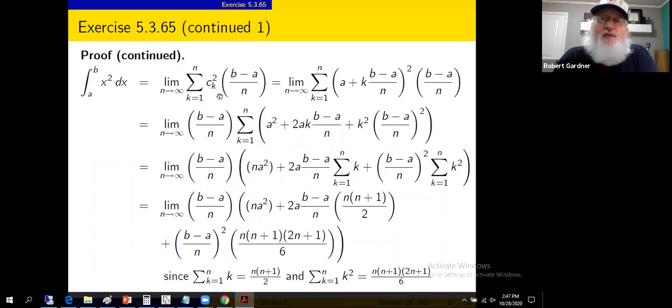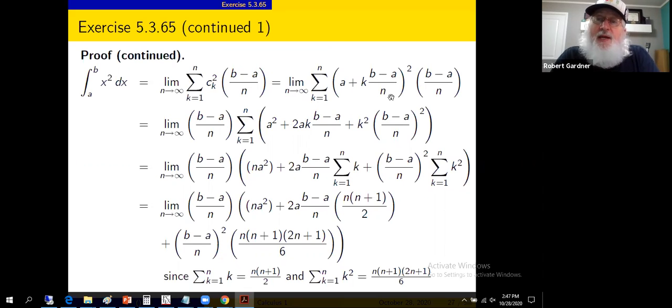We'll substitute for c sub k its representation. Okay, this time it gets squared, so more algebra to do this time. All right. We could take the (b minus a) over n and bring that out front of the summation because there's no k's in it. We can't bring it out front of the limit because there are n's in it, and it's a limit as n changes. So we get this